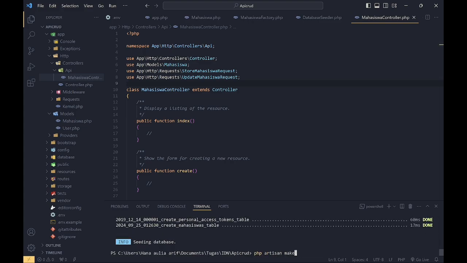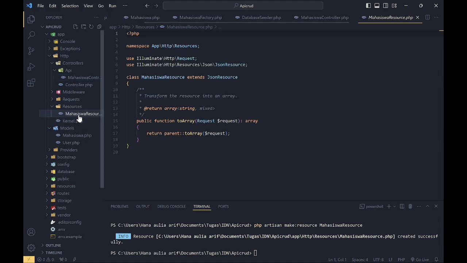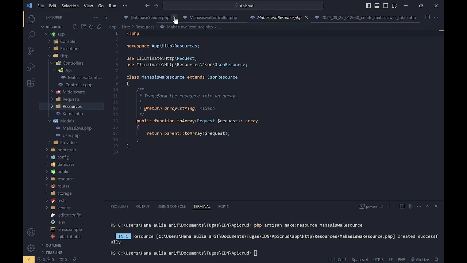After this, I will make php artisan make resource. Now, this Mahasiswa resource file is edited in the resource folder like this, and then we will